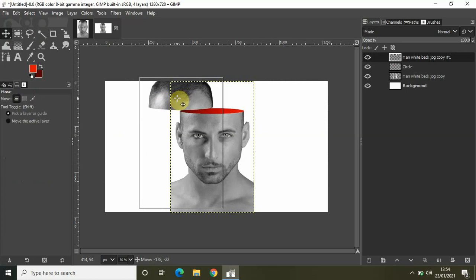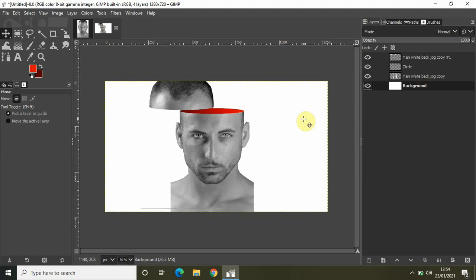So as you can see guys, I've successfully applied the slice effect, and I sliced the person's head from the top. So you can repeat the process and create another slice right here, and probably I will be making a thumbnail and I will be applying the slice twice. So it's the same thing, you just need to repeat the process of what I did. So this is how you can create a slice effect in GIMP.